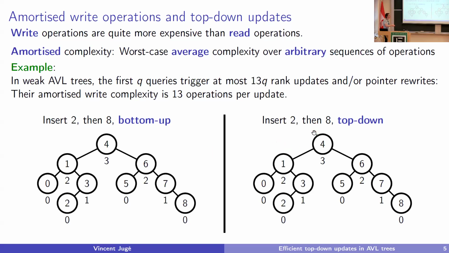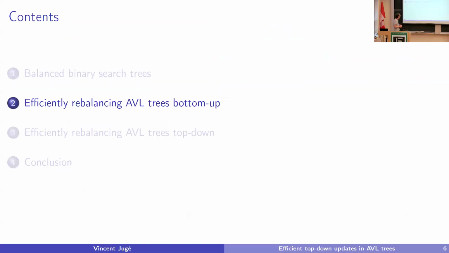So we would like to have this kind of property too, because everybody else has it. And even if I didn't understand the impact of it, if everybody wants something, then certainly it must be important, and therefore I should do it as well. It's a safe bet. So now we'll try to rebalance AVL trees bottom up in an efficient manner.